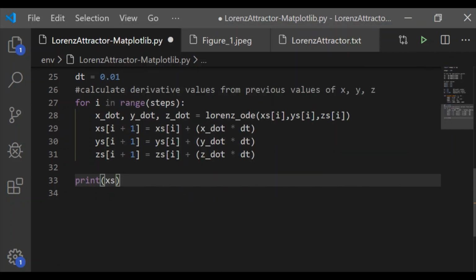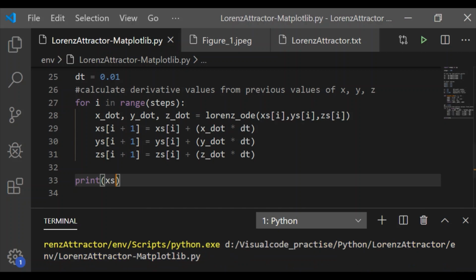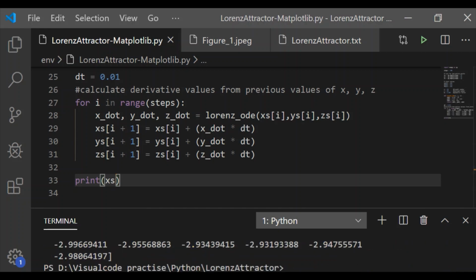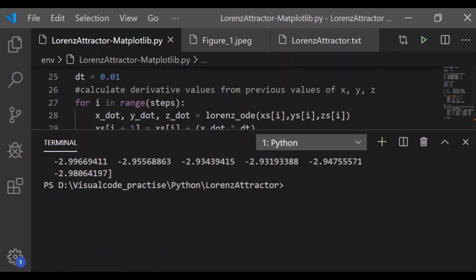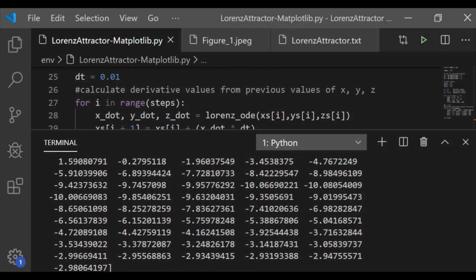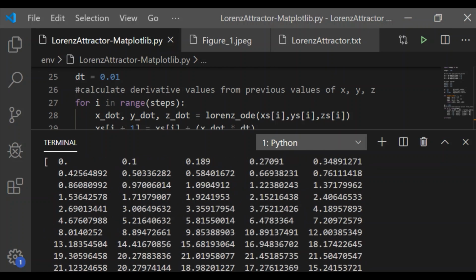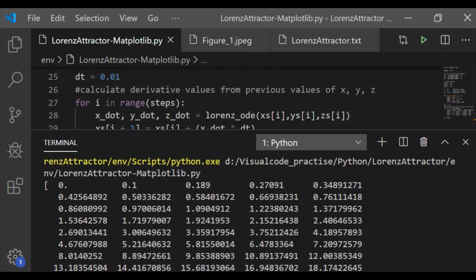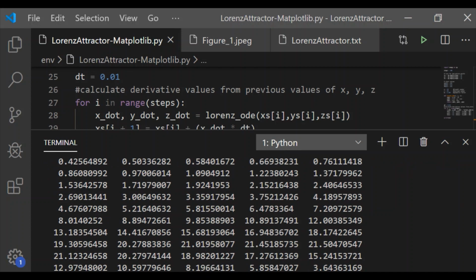Now as a sample, let us print the values of Xs, which is a list of size 100. We can observe in our terminal almost 100 values are printed because we have chosen the list of Xs as 100 with the initial value 0.